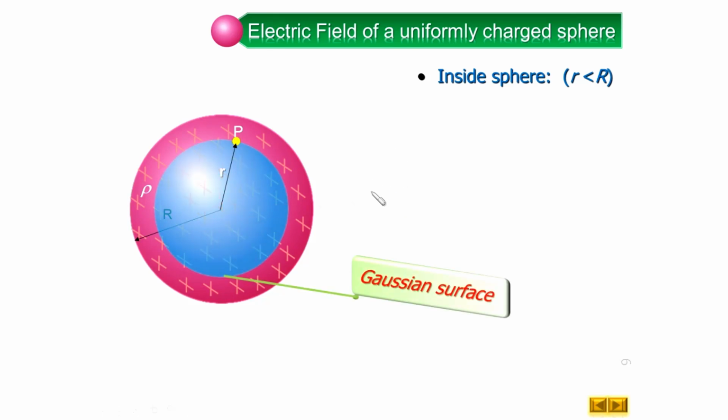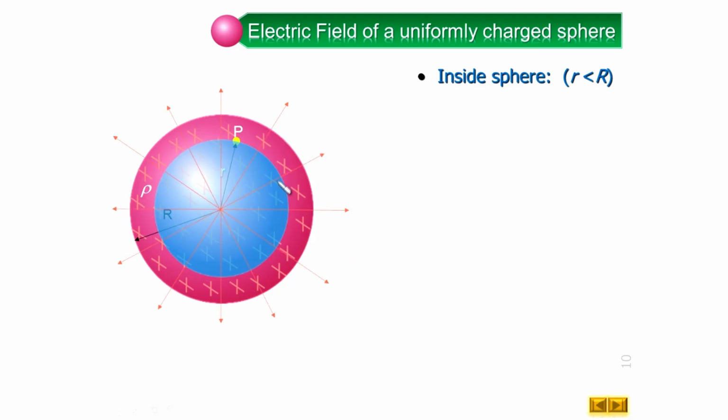Now let us make the pattern of electric field lines. You can observe electric field lines are crossing our Gaussian surface normally at each and every point. If we take certain patches on this surface, let us take this patch, we can observe the electric field is crossing this surface normally, and if we draw the area vector of this patch, we can observe this area vector and the electric field vector are parallel to each other. Similarly, if we select any point on the Gaussian surface, here also we can observe the same situation, and even at any other point we can observe.